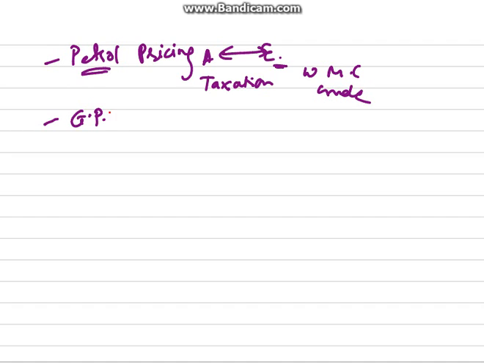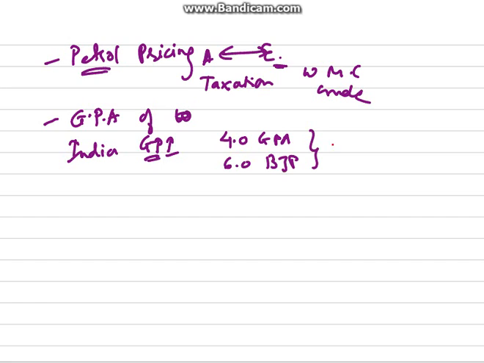Then what we calculate is the GDP, the gross product of India. What kind of progress is going on? The gross product index, every year: 4.0 was in the Congress government, and 6.0 came in the BJP government. So this was India's growth index. Every year the GDP is calculated, to see how much the country is growing. So here economics and accounts intermingle.